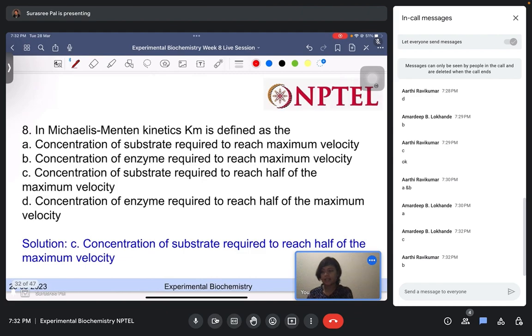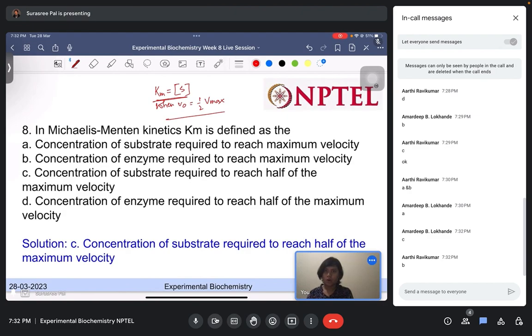Km is the concentration of the substrate when V0 equals half Vmax. That means when the velocity of the enzyme is half of the maximum velocity, the substrate concentration becomes equal to the Km. So that is why we can get the Km value from the x-axis of the Michaelis Menten curve,